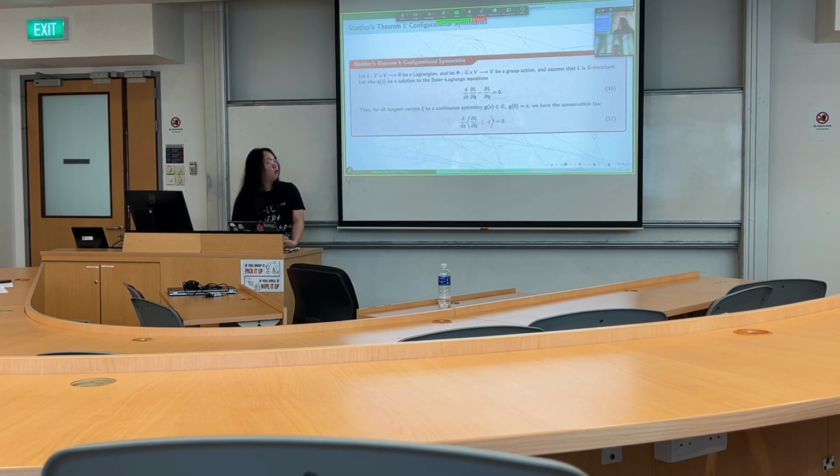Then we can go on to Noether's theorem. Suppose we have a Lagrangian that is G invariant, and suppose we have a solution to the Euler-Lagrange equations. Basically, that means that if we have a classical path that satisfies Hamilton's principle of stationary action, then for all tangent vectors C to a continuous symmetry, we have this conservation law. So our job, in that previous example, is to compute C dot Q, which is the vector field